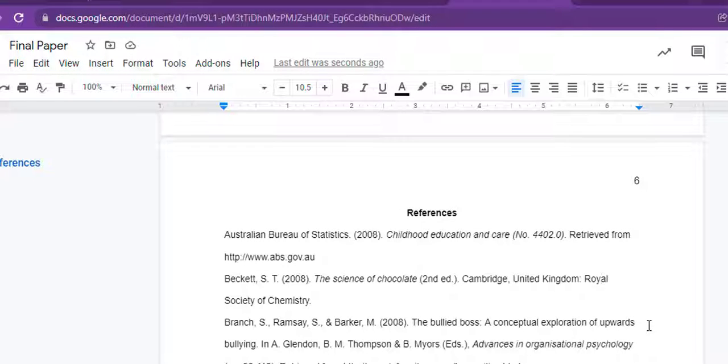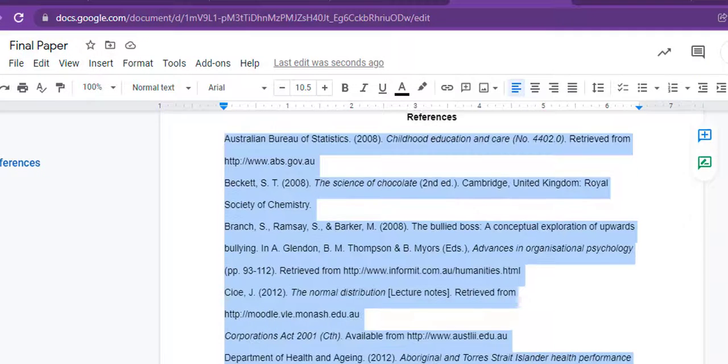Your list of sources should have a hanging indent. This is the opposite of how you might normally see a paragraph indented. For a hanging indent, the first line starts at the left, and then every line after it is indented. The sources should have a hanging indent of ½ inch, whether it's an APA references list or an MLA works cited list. To do this, we'll highlight all the sources,